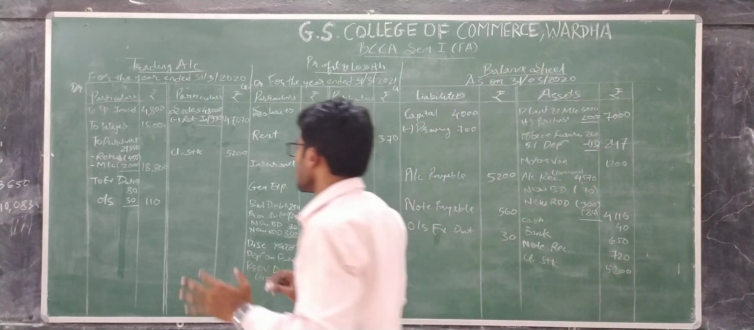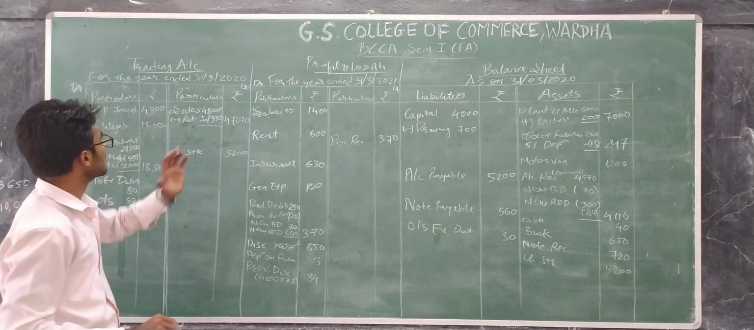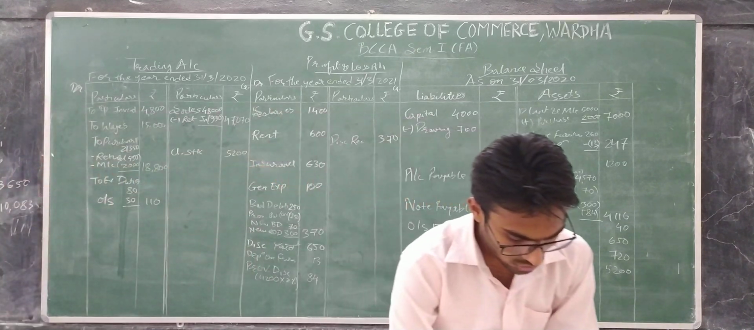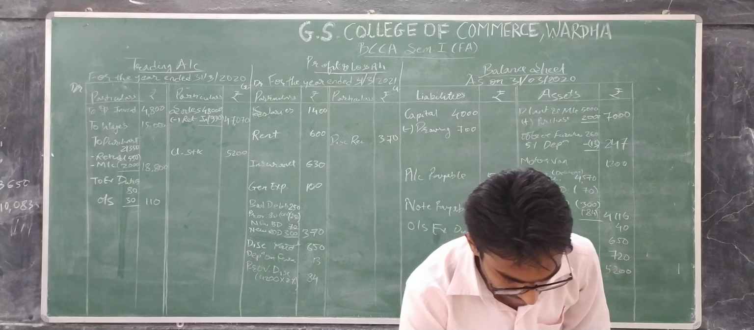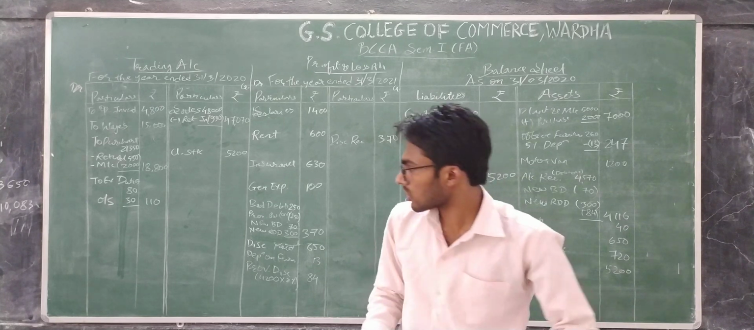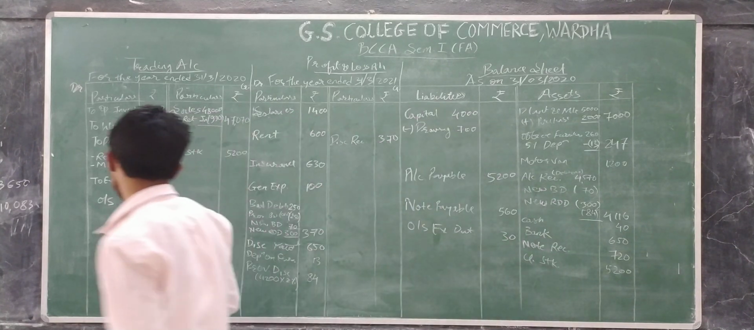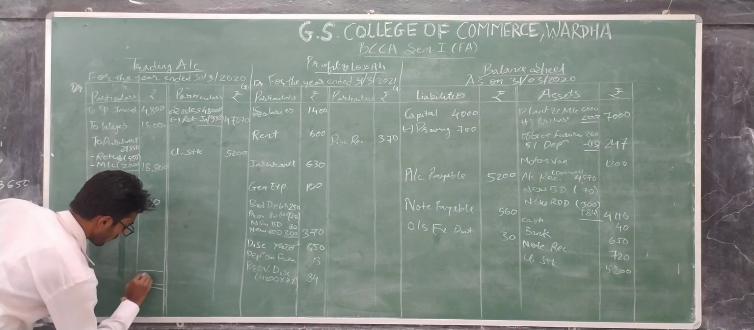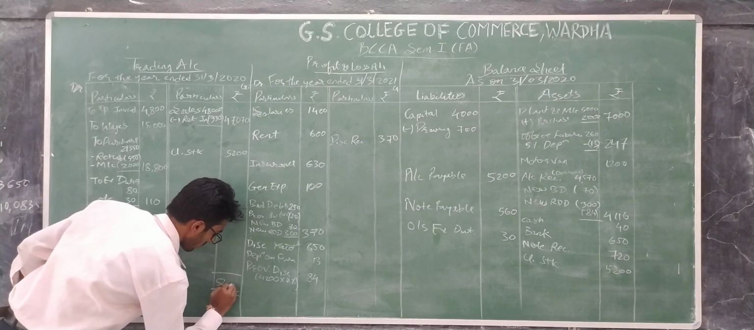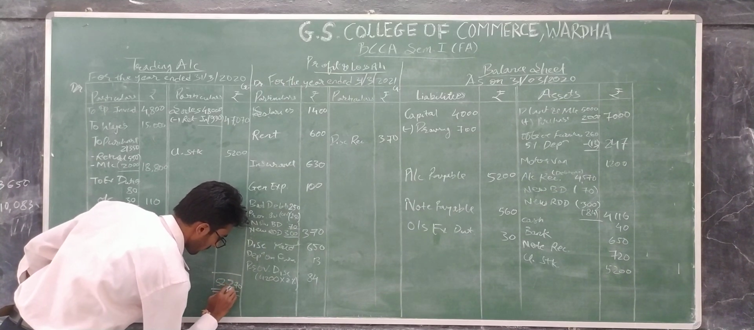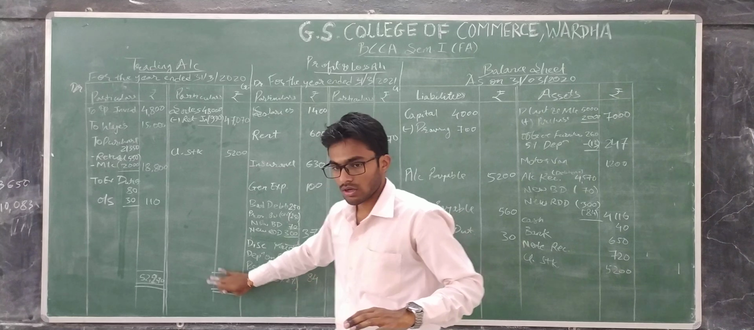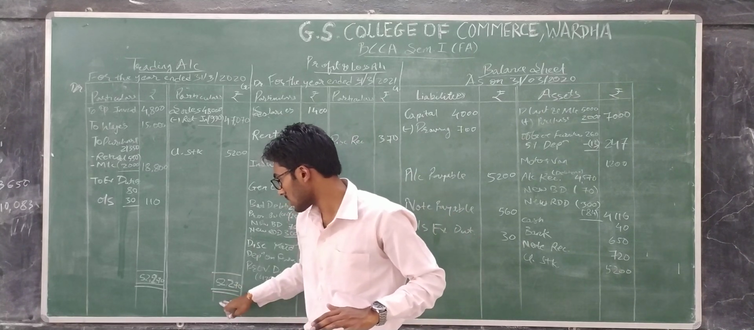Okay. Now we have to do only one thing, balancing the trading and P&L. So we have to calculate now the total of the debit side of the trading account and the total of the credit side of the trading account. So for the trading account here, the total is 52,270. Okay, so this is the total of the credit side,